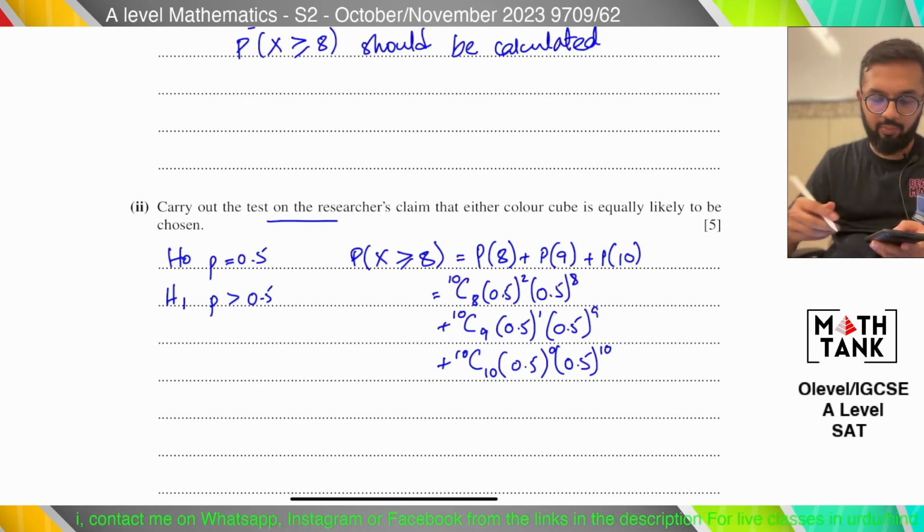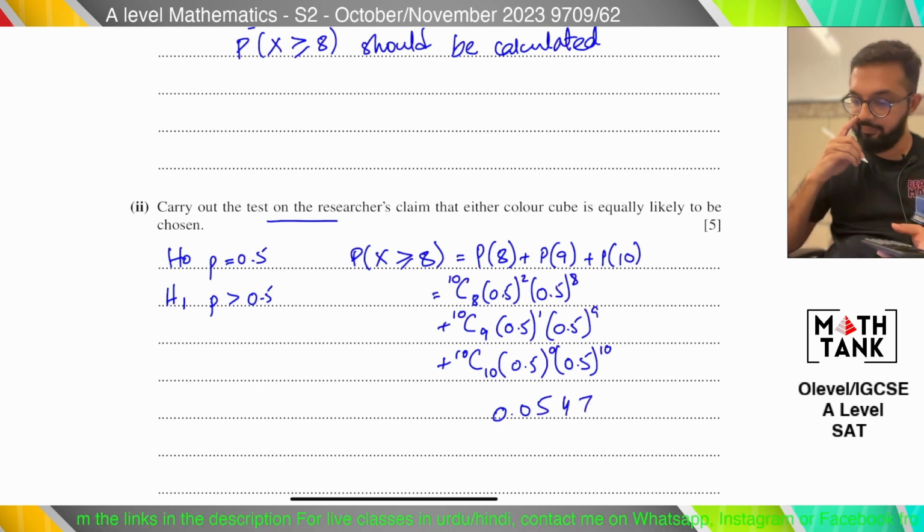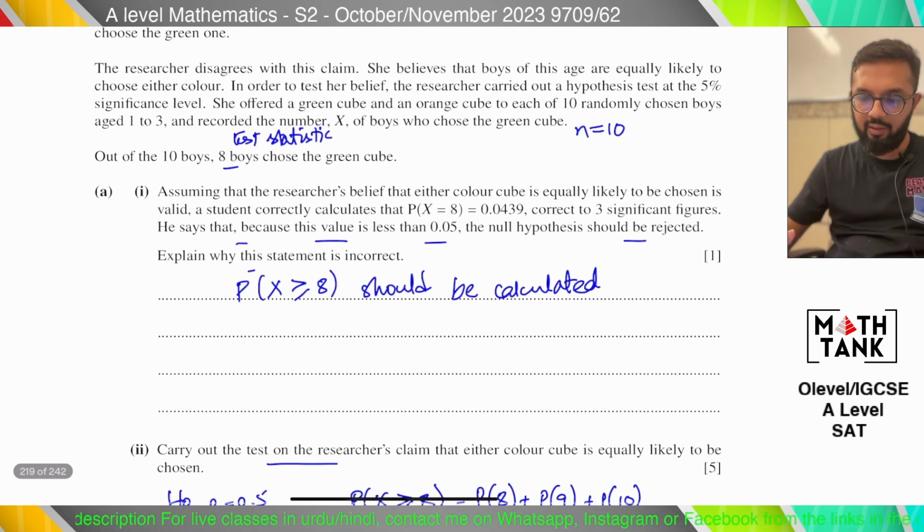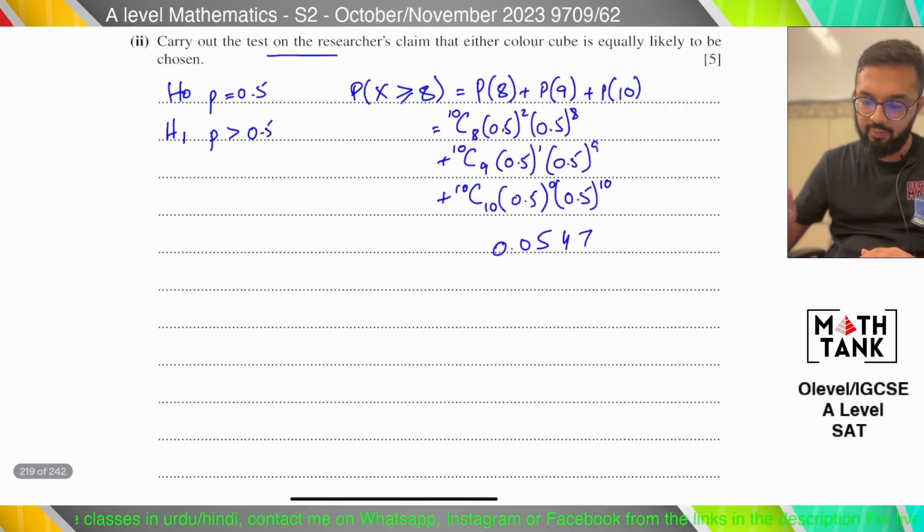That's 7 over 128, which in decimals should give me 0.0547. So 5.47% is greater than the